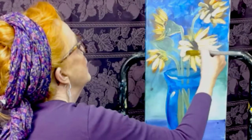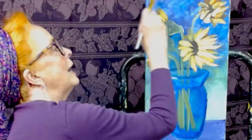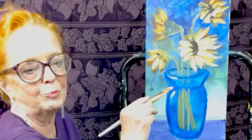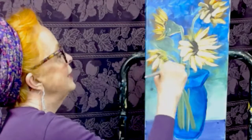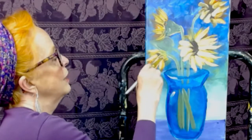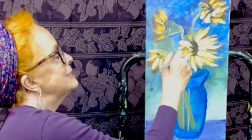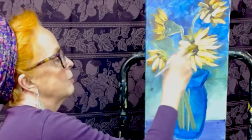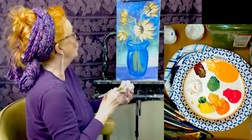You do want to think about having one area of focus, so I don't want to do much more over here. I want that to disappear, okay? I want this part to disappear a little bit. It's there, but it's not where my eye is going. This is beautiful, but I want my eye to go in where the lightest light meets the darkest dark at the sharpest edge, which is right there, okay? And then we bump up one more level